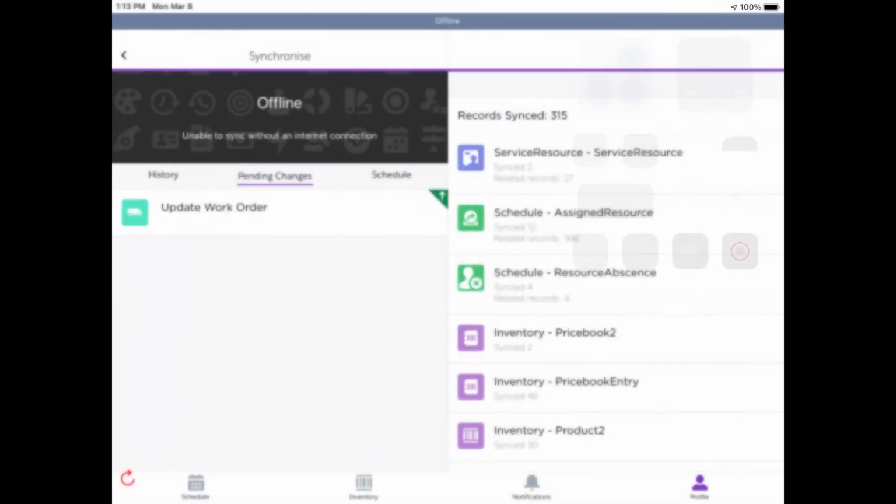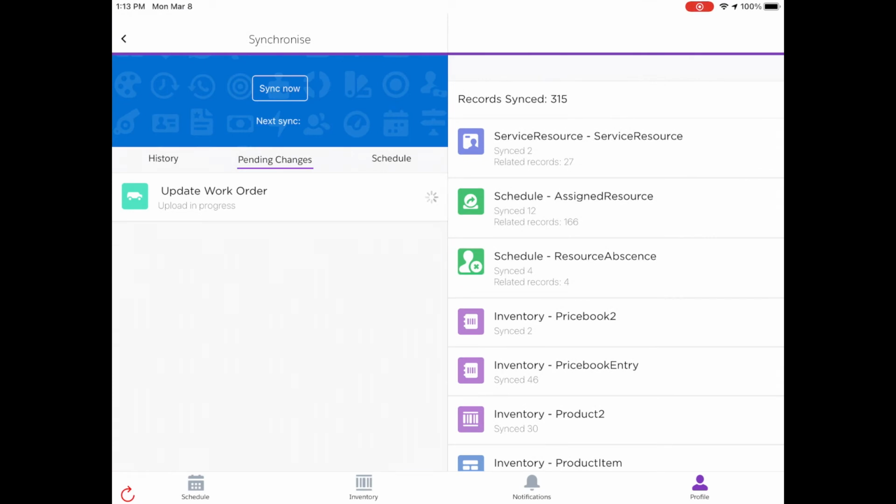Then, when the app regains connectivity, it will detect this and automatically empty the queue and sync the pending changes up to Salesforce. This behavior is handled automatically by the Axie app on behalf of the user as they transition between moments of connectivity and moments of being offline. So there is no need for the user to worry about taking care of this manually.